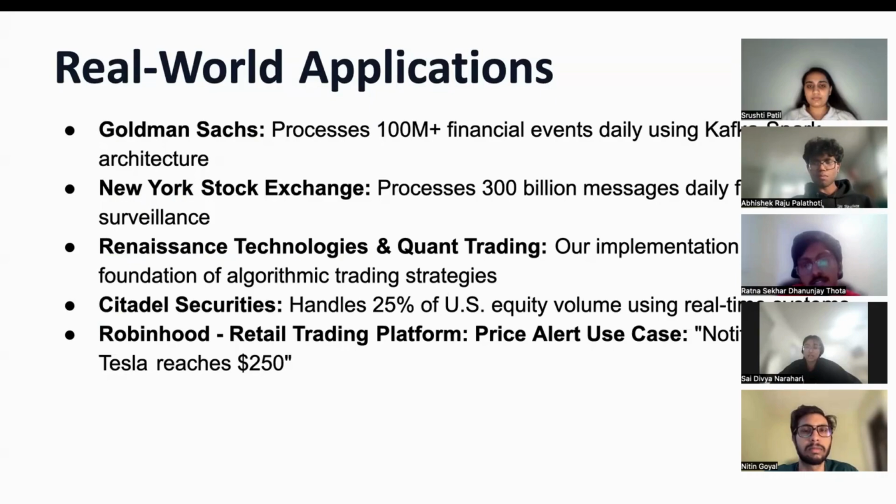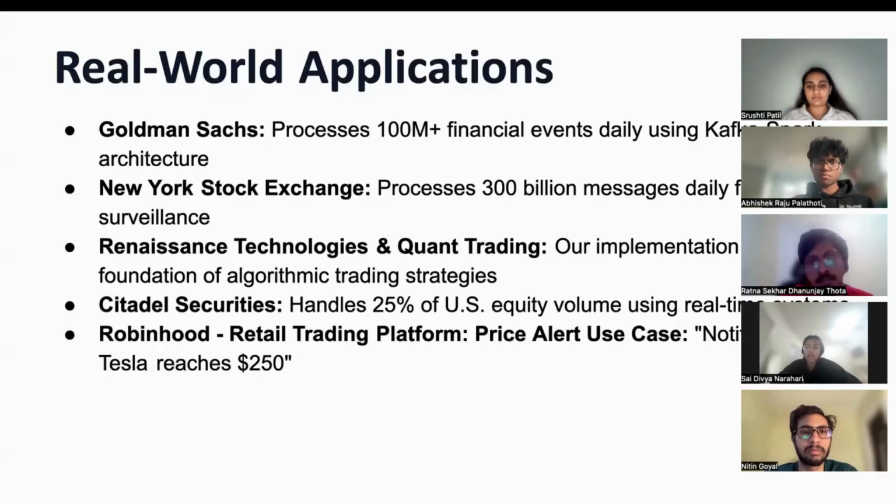It is really flexible. Firms like Goldman Sachs process over 100 million financial events daily using the same Kafka Spark combination that we have built. It's on a different scale, but the same core technology. And the New York Stock Exchange handles over 300 billion messages daily for market surveillance. They're watching for unusual patterns and potential manipulation, which is similar to our volume spike detection, but just